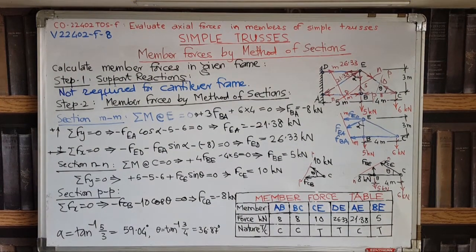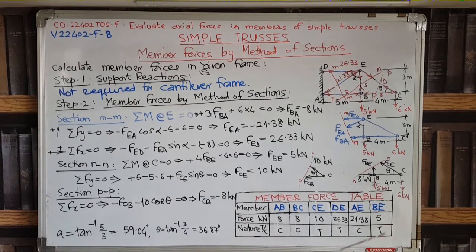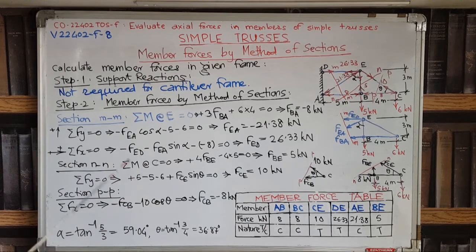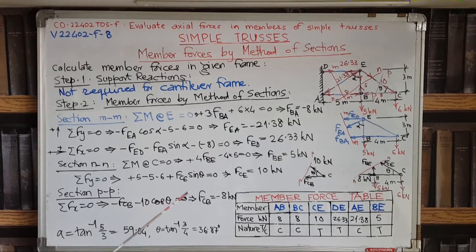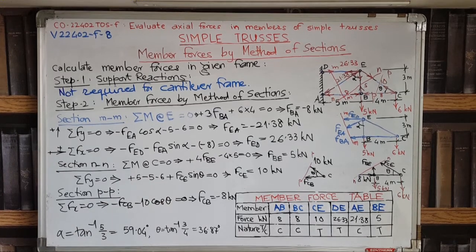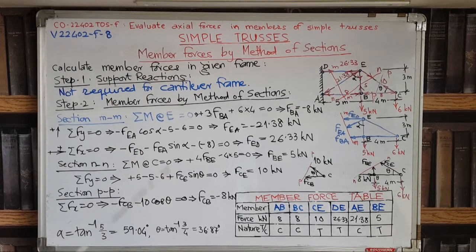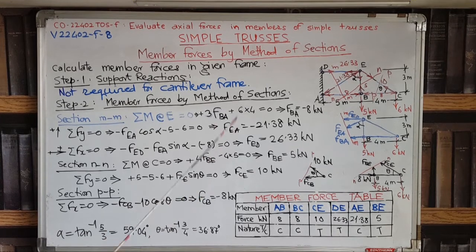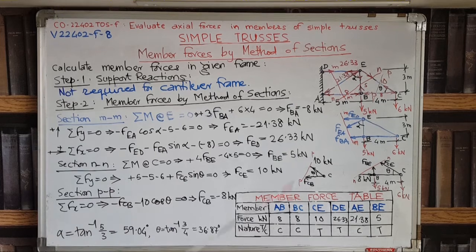So in this way, by method of joints and by method of sections, we have found out all the 6 members. We have to remember that the method of sections and method of joints can be applied to any frames, and you can sometimes have a combination of the two also. The answers by the method of sections will be exactly the same as by the method of joints, and therefore the answers must tally in both the cases. You can solve some problems by method of joints and check your answers by method of sections, and vice versa.